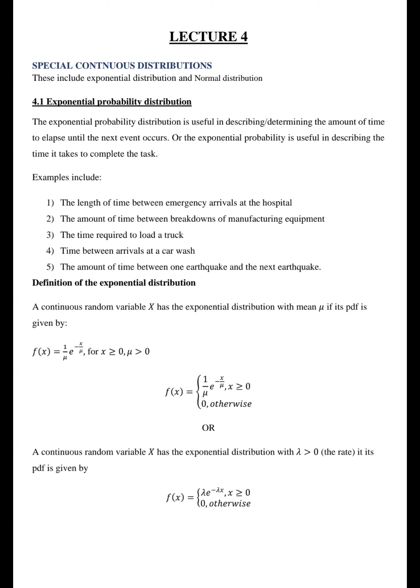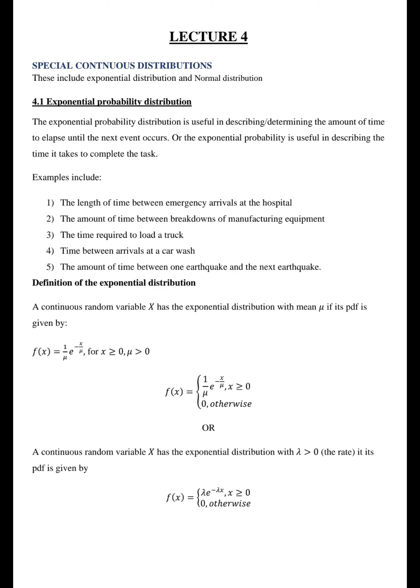Examples would include the length of time between emergency arrivals at the hospital, the amount of time between the breakdowns of manufacturing equipment, the time required to load a truck, and the time between arrivals at a car park. Basically, what you're trying to do is to examine how much time passes until the next event occurs. That's all you're trying to do in the exponential